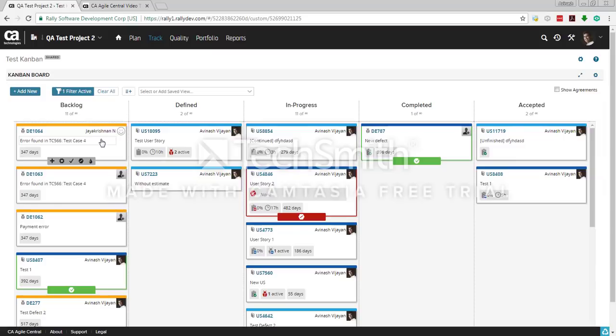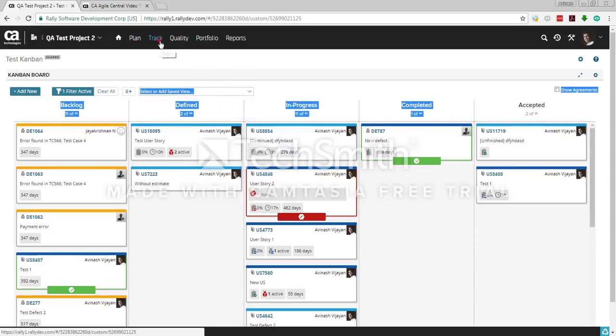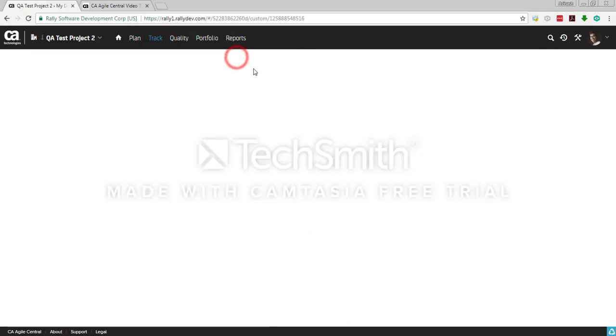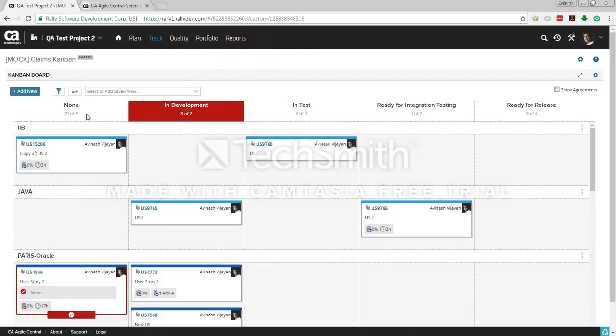Now let's look at another scenario where you will have custom states. Usually Kanban teams will have custom states rather than these built-in states. I'll show you an example. A mock Kanban. These are your custom states. For example, none, in development, in test, ready for integration testing, ready for release. So you've got